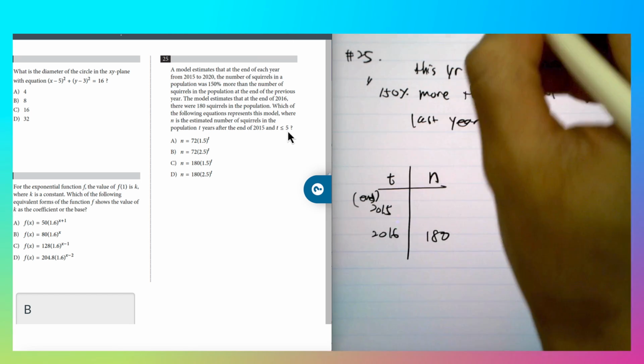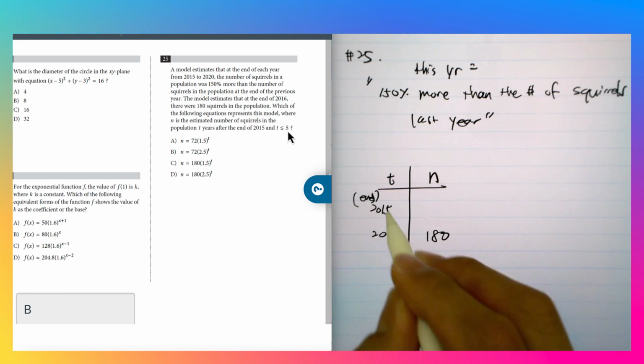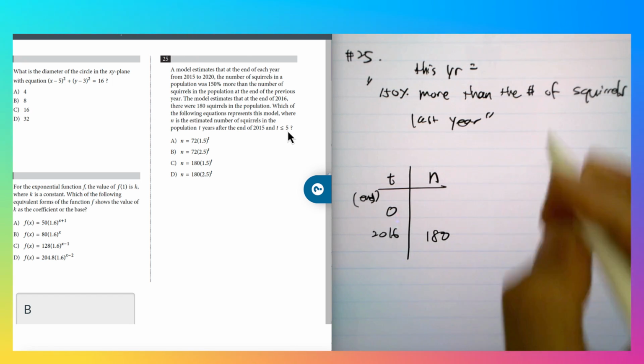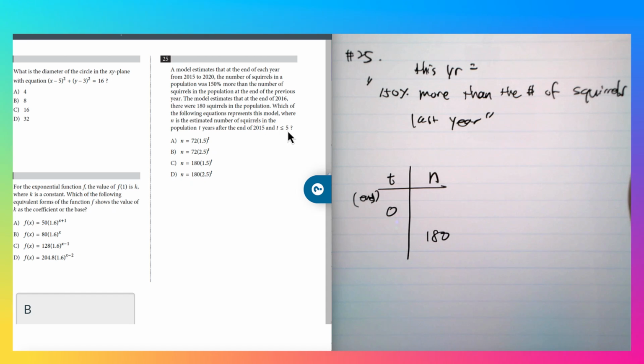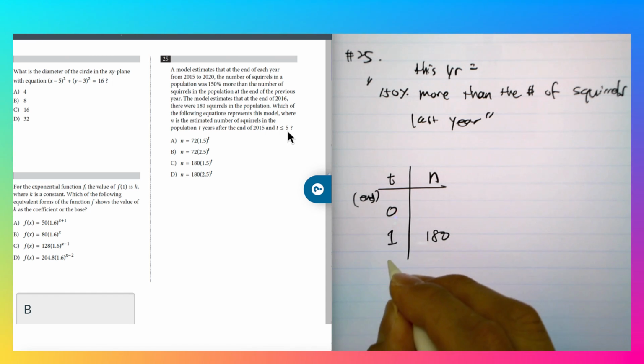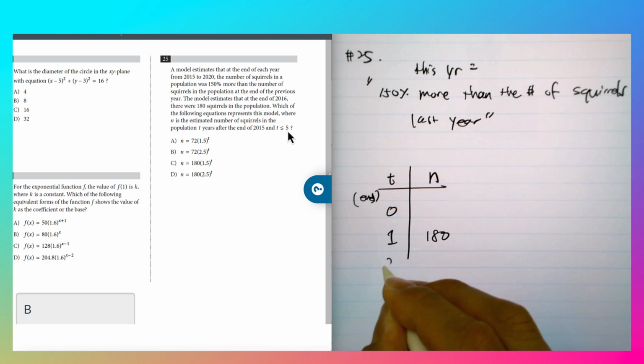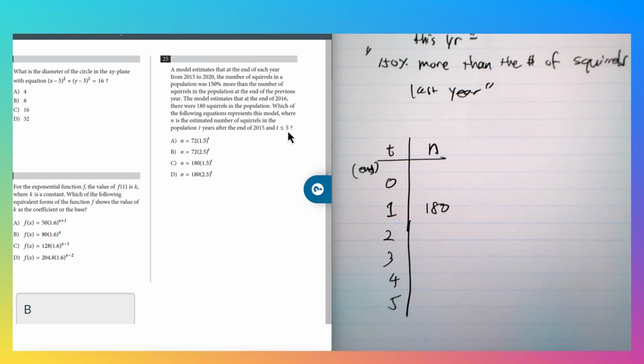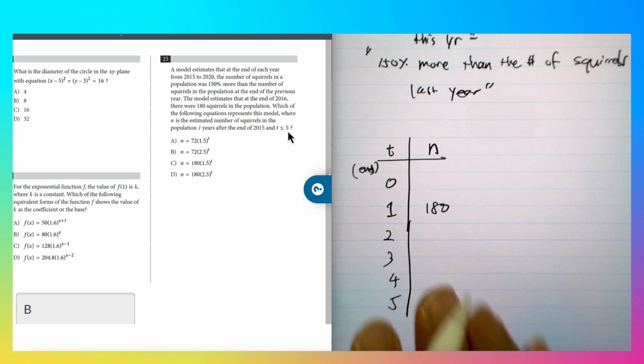I'm also going to replace this, because the end of 2015 is the starting point, so let's replace that with 0. The end of 2016 is the first, at least 1 year elapsed. Then we've got 2, 3, 4, 5. Okay, so we have a table,